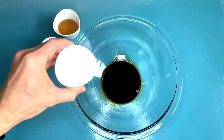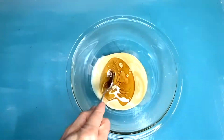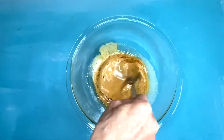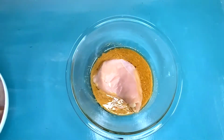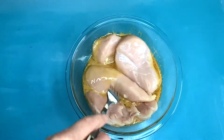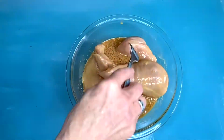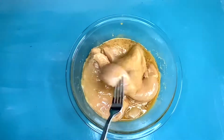Just combine your soy sauce, coconut milk, lime juice, and your sesame oil in a plastic bag or in a large bowl. Then you're gonna mix it up real well, put your chicken in, cover it up, and put it in the refrigerator for a couple of hours or overnight if you possibly can. The longer the chicken is in that marinade, the more it soaks up all of those flavors and gets extra